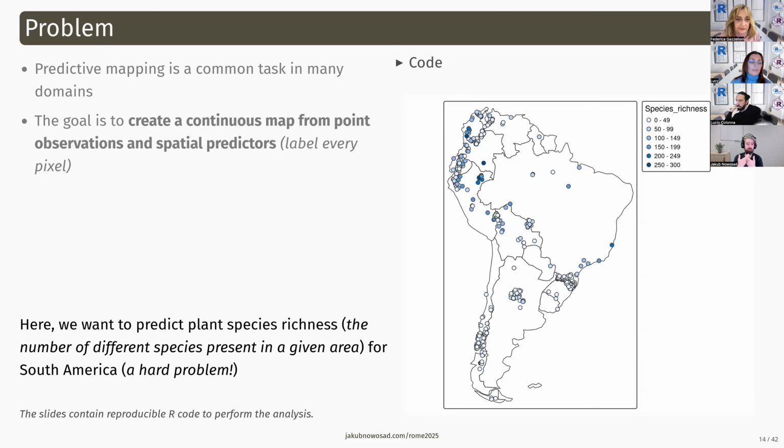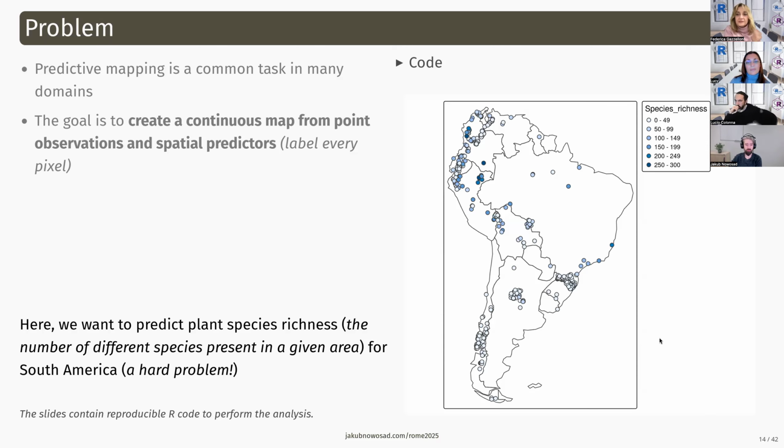So we have some plants, and for a given area, we count how many different plant species we have, and this number is basically species richness. And you can see we have many measurements in South America, and our idea is to get this continuous map